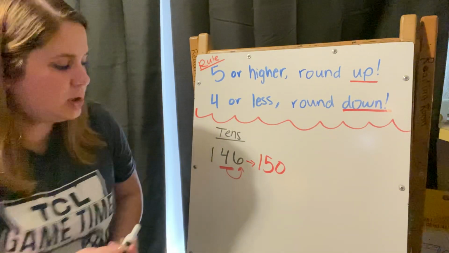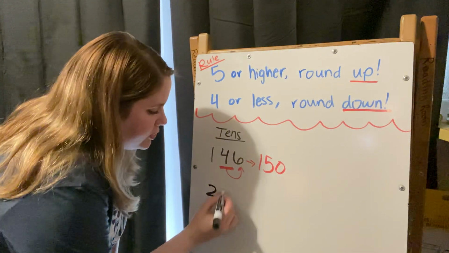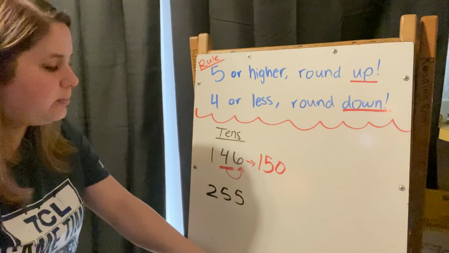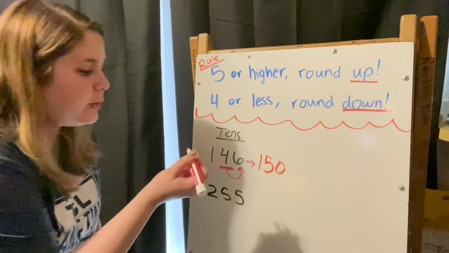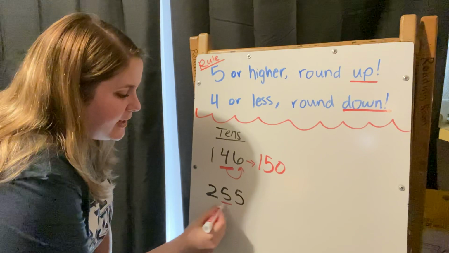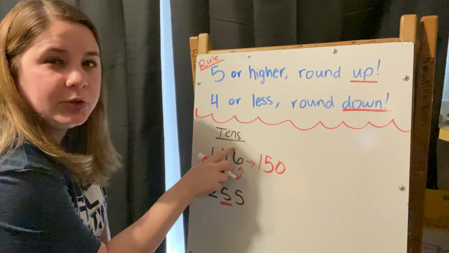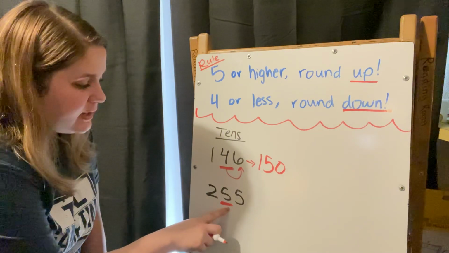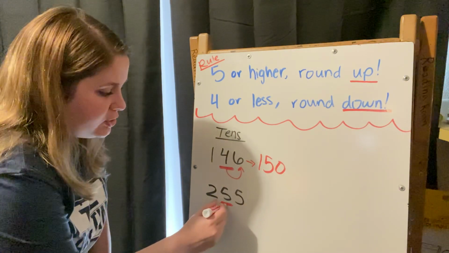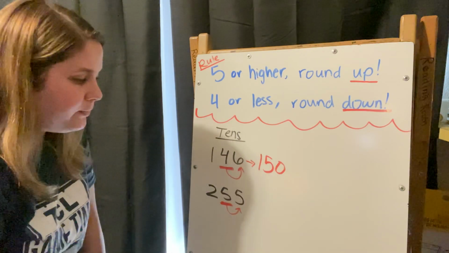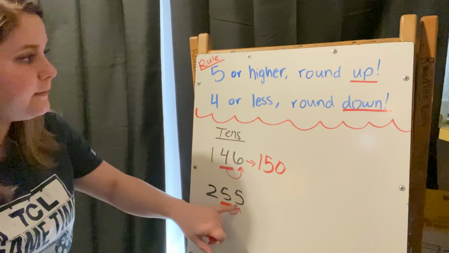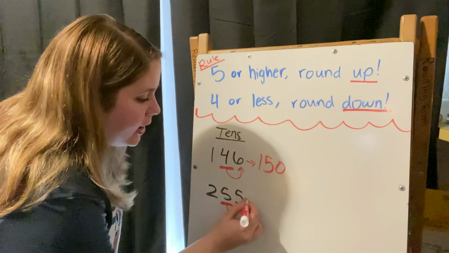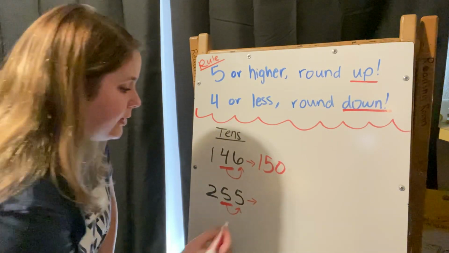Let's do 255. So I'm gonna take my red marker again. I'm going to underline my 10s place because I'm still looking at my 10s. You'll have to make sure you always pay attention to that. So I'm looking at my 10s place, it has my 50 right there, but I'm going to look next door and I see that I have a 5 and my rule says 5 or higher, round up. So 255 is actually going to round up to